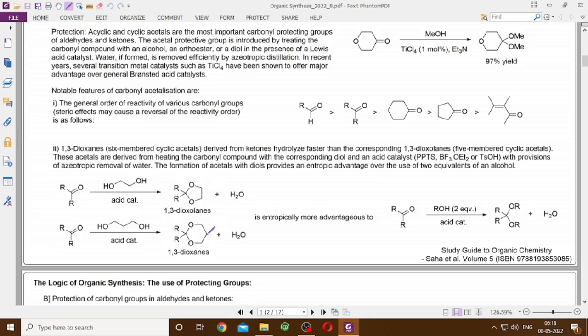So these are the 1,3-dioxolane, the 5-membered cyclic acetal. This is the 1,3-dioxane. These are the 1,2 cyclic acetals. So these are the 1,3-dioxolanes, and these are the 1,3-dioxanes. So these are